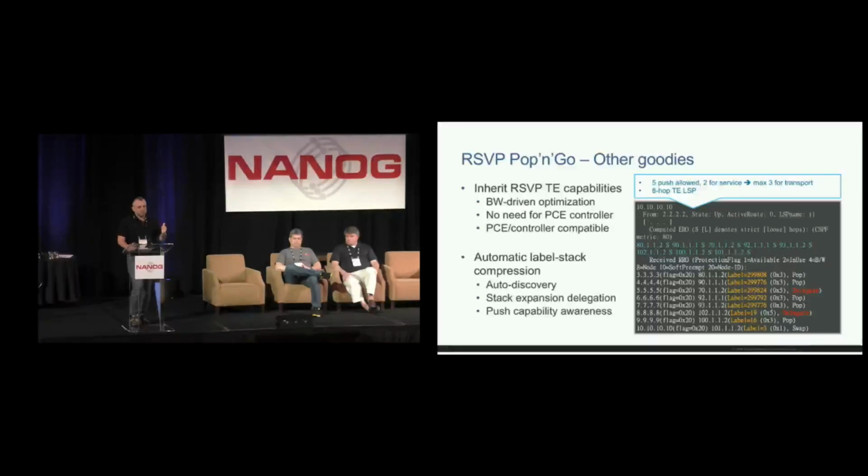And you can see it here in the example, right? There are 8 hops, so there should be 8 labels on the stack, but the hardware supports only 5. And 2 of them are, by the way, for the traffic, for the service level. So the fourth node and the 8888 node are the ones which extend the label stack when they do the swap and push operation.